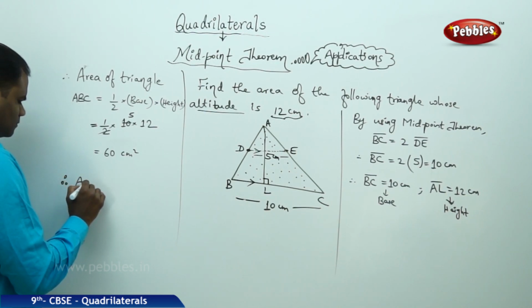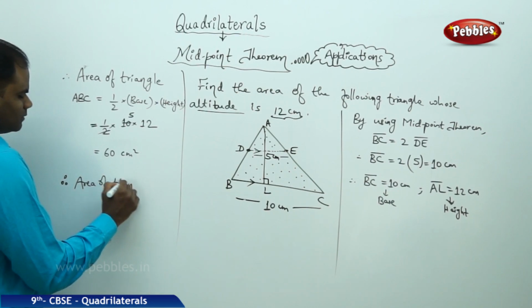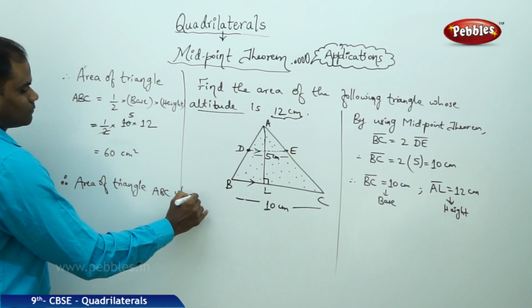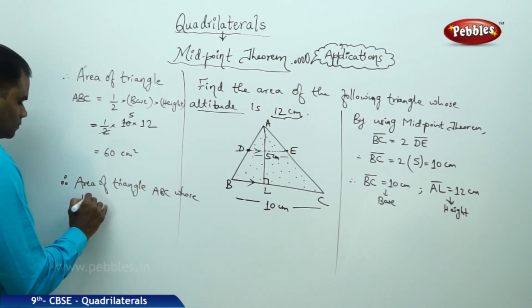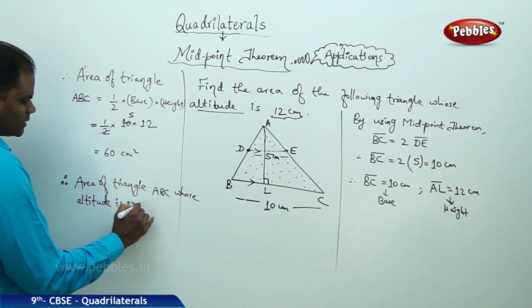Therefore, the area of triangle ABC, whose altitude is 12 centimeters